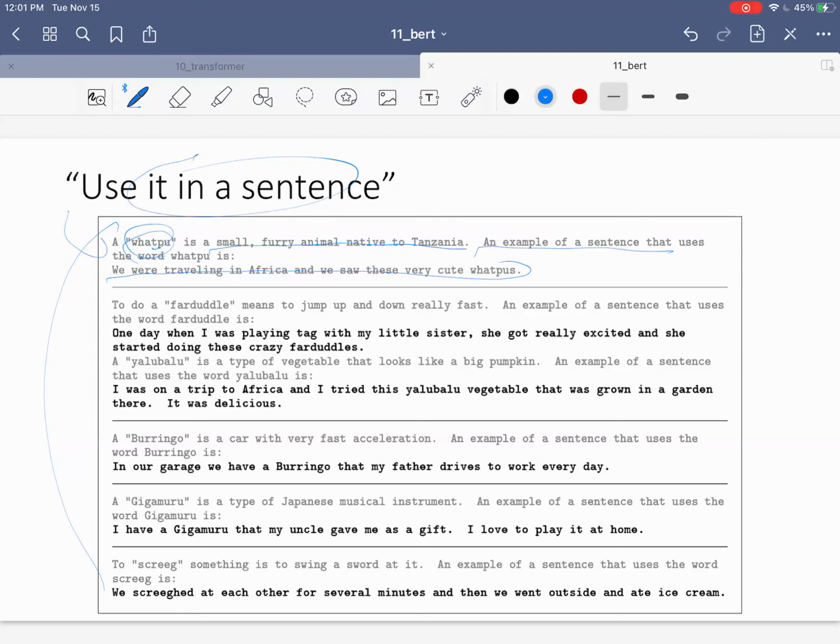So it's only one shot. Well, you've only shown one example. Fardoddle, which doesn't exist in the English dictionary, means to jump up and down really fast. And then the way you use it in a sentence is this. Or actually, this is how GPT-3 thought to use it in a sentence. You start sampling from the GPT-3 model, and this is what you get: One day when I was playing tag with my little sister, she got really excited, and she started doing these crazy fardoddles. So exactly in context. Fardoddle means jump up and down really fast, and after playing tag,